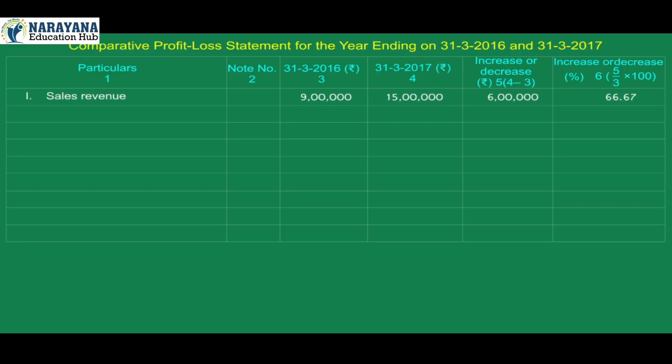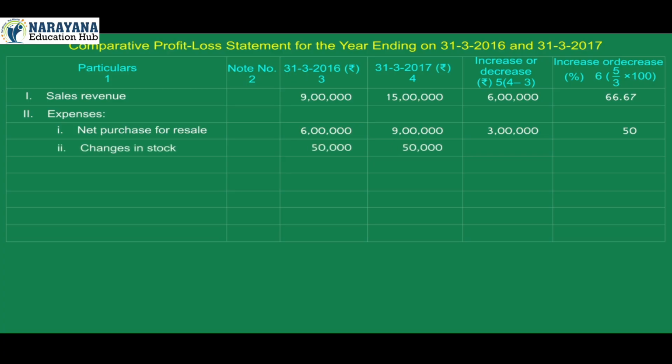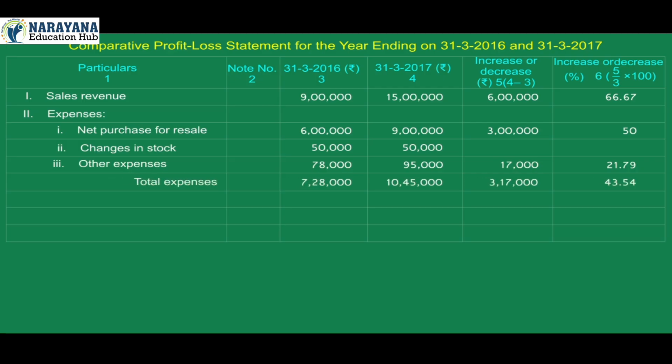1. Sales revenue 9 lakh, 15 lakh, 6 lakh, 66.67%. 2. Expenses. 1. Net purchase for resale 6 lakh, 9 lakh, 3 lakh, 50%. 2. Changes in stock 50,000, 50,000, dash, dash. 3. Other expenses 78,000, 95,000, 17,000, 21.79%. Total expenses 7 lakh 28,000, 10 lakh 45,000, 3 lakh 17,000,